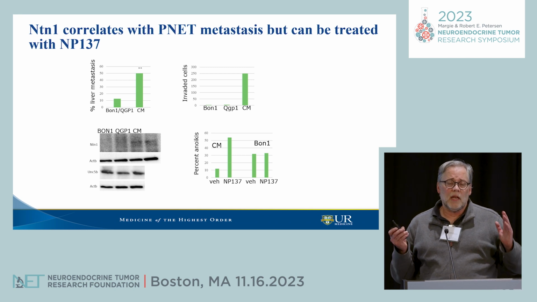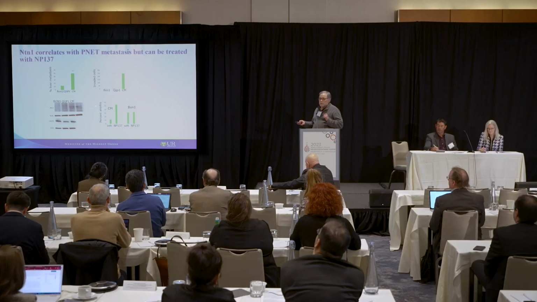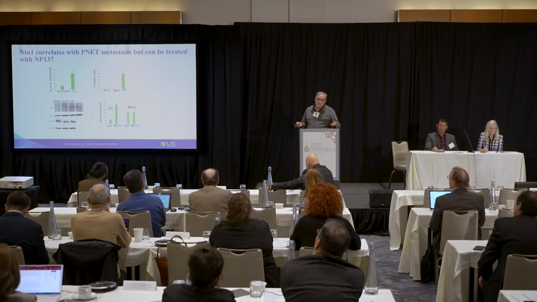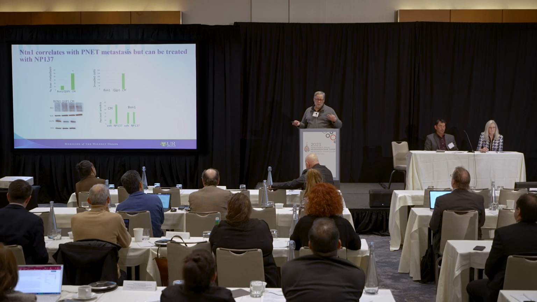And we've done this again and again in many adenocarcinoma cell lines. Basically what happens is every time we have a mesenchymal cell, it is very resistant to anoikis and very sensitive to NP137. Whereas all the epithelial ones show strong anoikis, and the NP137 doesn't do anything. So this is the first drug that I know of that is preferentially toxic to mesenchymal cells.